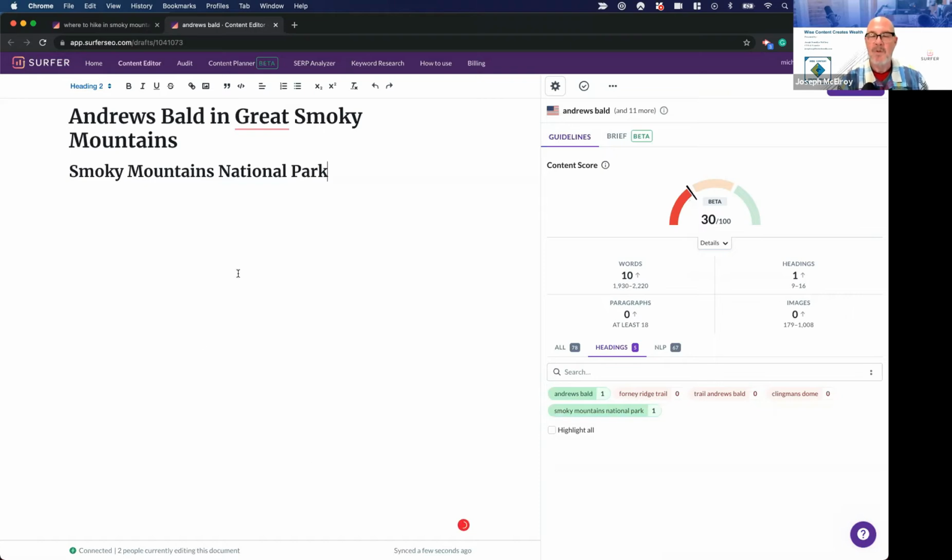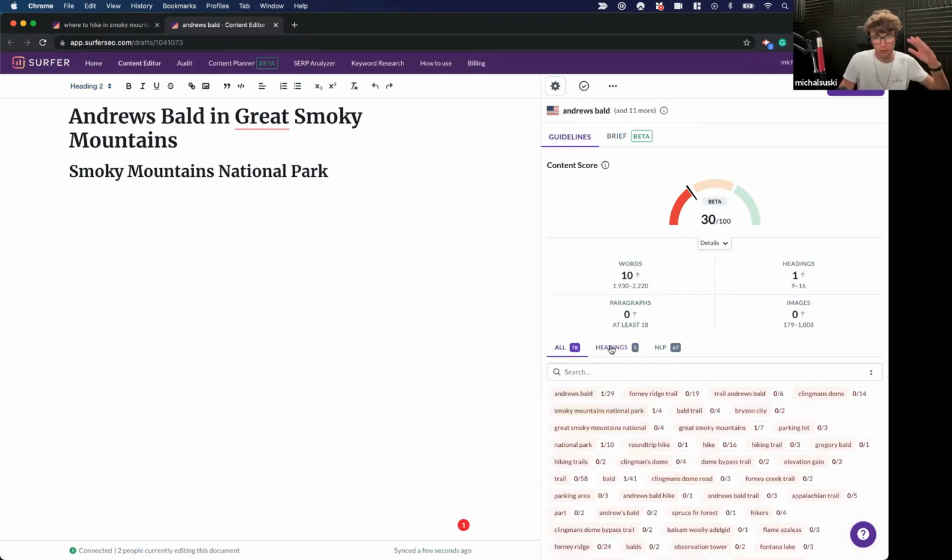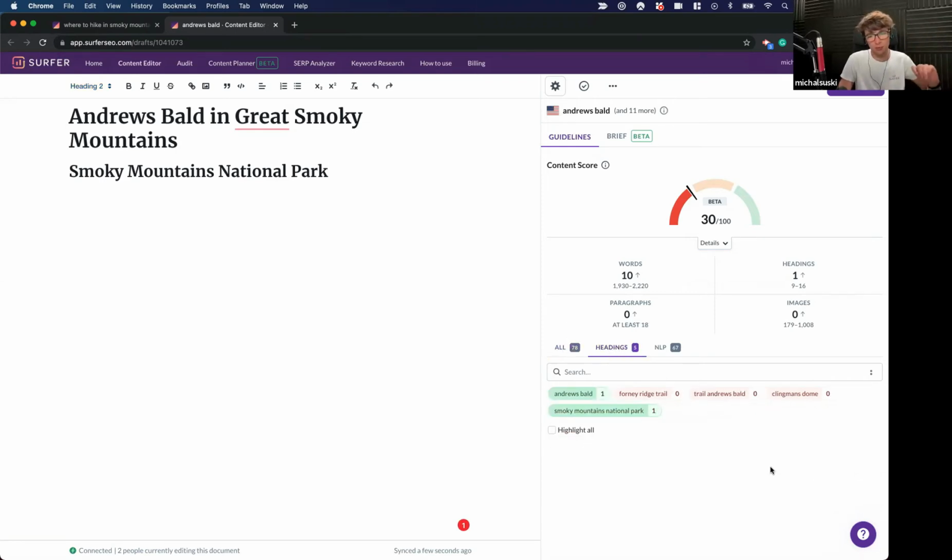In general, it will tell you what you should consider using within specific segments. All is all the content, and the headings is specifically headings. Those five should definitely be there, like Andrews Bald, Forney Ridge Trail, Trail to Andrews Bald, and Clingmans Dome. These five are must-haves.